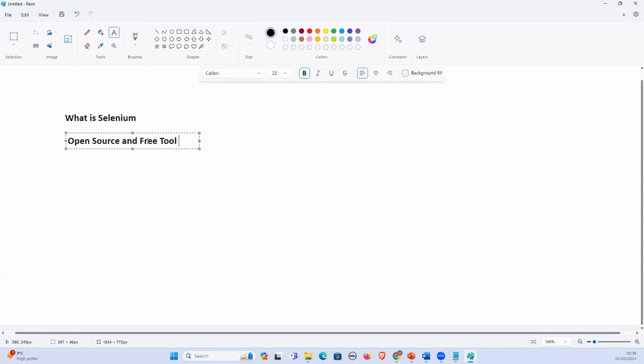When I say open source, it means that the tool is free, no licensing costs are involved. This significantly reduces the cost of software. If you go to the Selenium dev website, they only ask you for donations or contributions. That's it. Apart from that, Selenium is an open source and a free tool. Next important thing about Selenium is